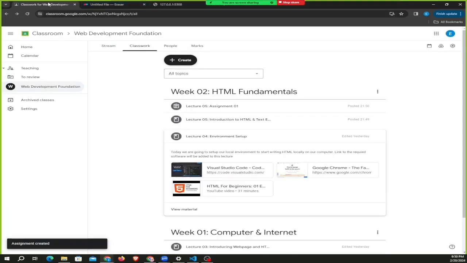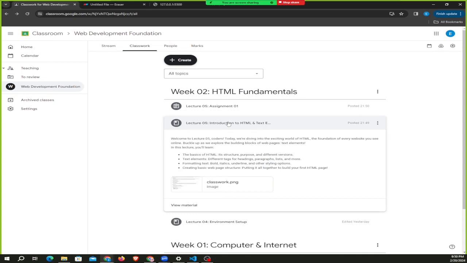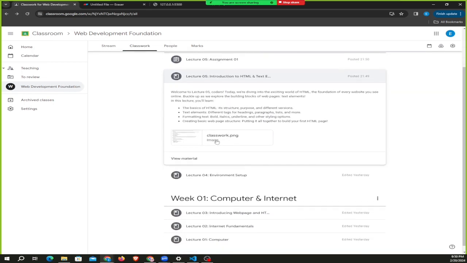So if you go to the classroom of today, you will see that two modules have been uploaded. One is our lecture, and the other one is assignments. These are assignments for today after the class. If you click on this, you will see that there's an image file there that contains what we are going to design today. If you click on that image file,